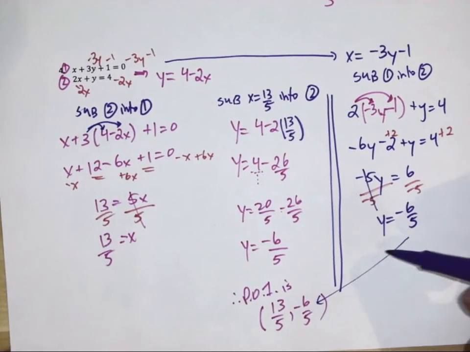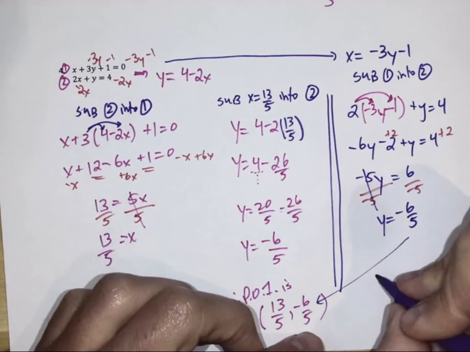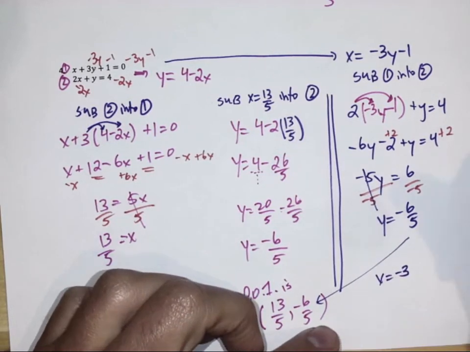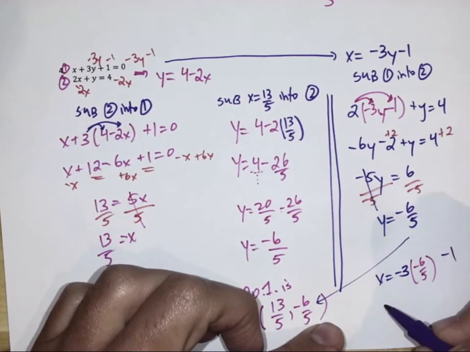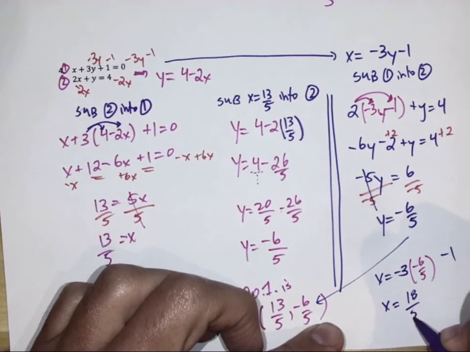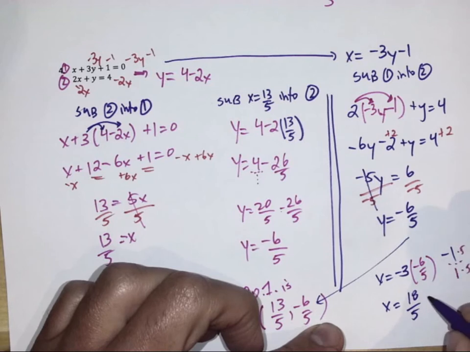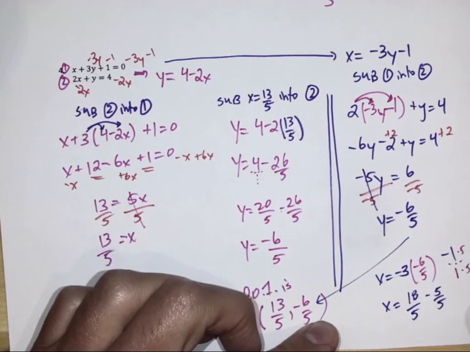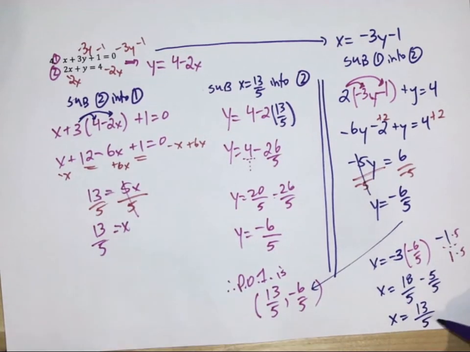We would then continue and substitute what we got, y equals negative 6 over 5, back into our rearranged 1. Let's see what happens. Negative times negative is positive. 3 times 6 is 18 over 5. Let's turn this to find a common denominator. We're going to have minus 5 over 5. 18 take away 5 is 13 over a common denominator 5. Hey,